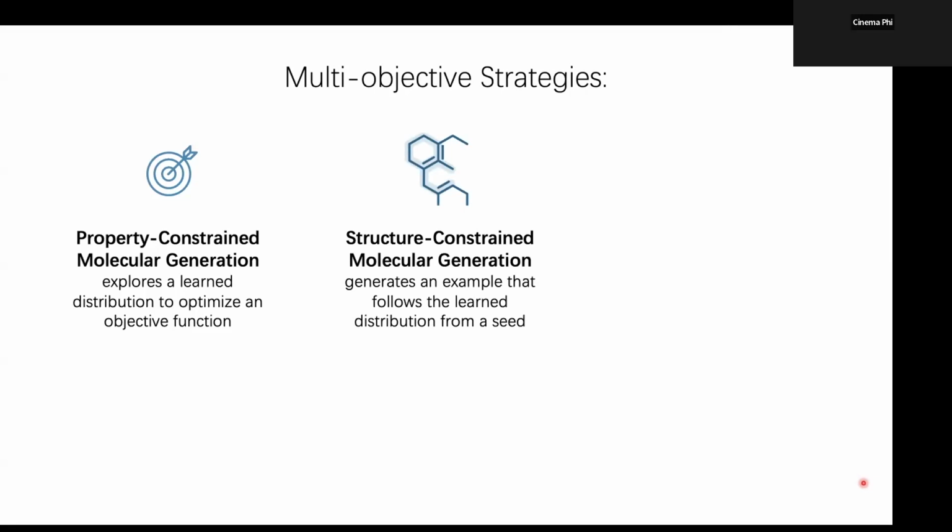If it's a dye, for example, it could be that we already know that a certain dye core has some sort of fluorescent properties, and we want to preserve that. And then maybe we're trying to engineer other properties around that molecular structure. There's a lot of literature on this, but it's important to recognize that the goal of structure-constrained molecular generation is to preserve certain desirable properties that maybe we can't explicitly control during